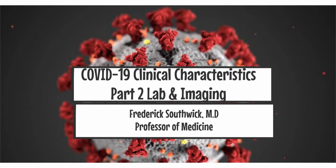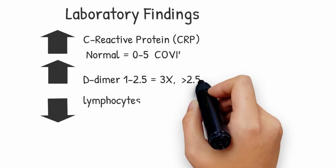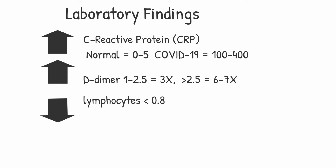In this video, we will be reviewing the laboratory tests and imaging studies required for assessment of the severity of disease and for the diagnosis of COVID-19. Laboratory findings are nonspecific. However, I have found three values to be particularly helpful in assessing the severity and prognosis